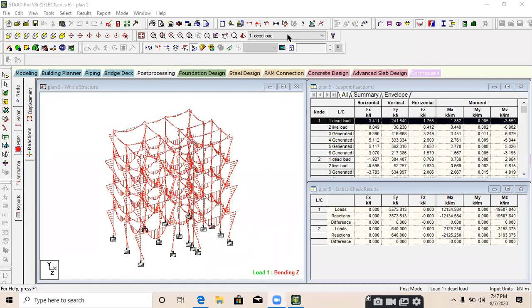For the calculation of seismic load or earthquake load, part 4, no. Part 4 is for snow load. IS 1893. Richard, not 1873. It's 1893. Okay.